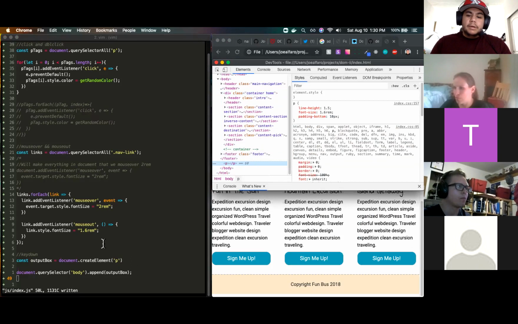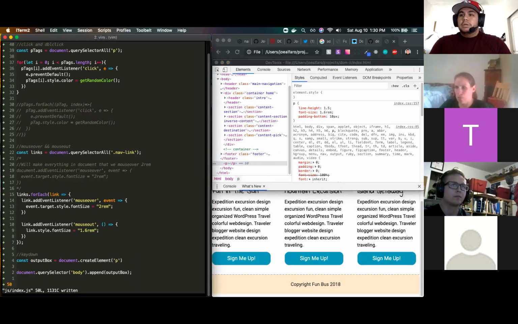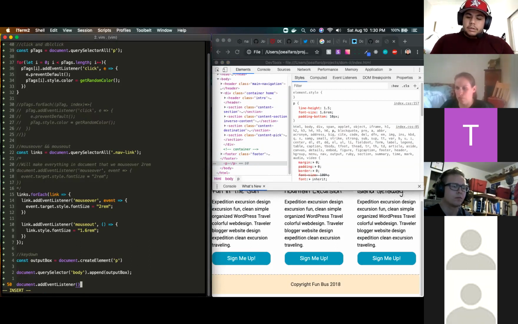Okay, that's fine. All right, so now on keydown, we're monitoring the entire document. So we can add the event listener to document or to window. I'm going to add it to the document for no particular reason other than it looks more familiar. Add event listener. It's obviously just called keydown. And then